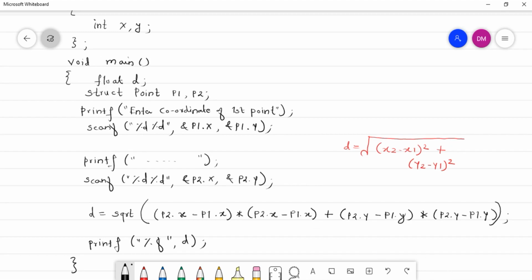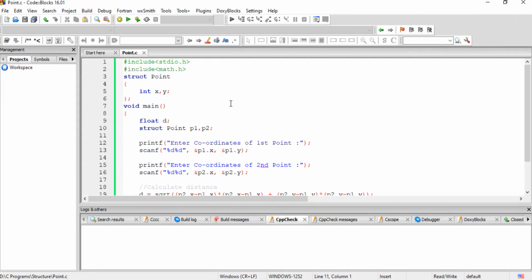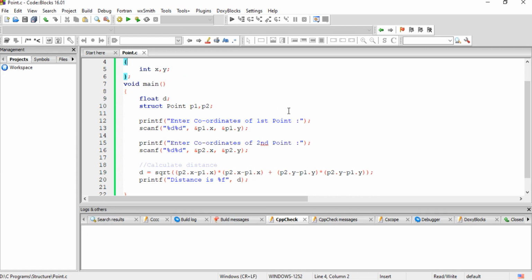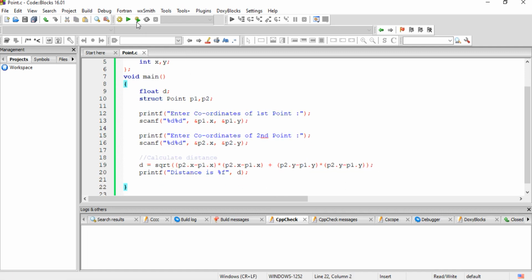So let us switch to Code::Blocks. So I have already typed a program here. I included this basic stdio.h header file, and similarly I included the math.h header file also because we are using the sqrt function. Okay, as you can see, I declared this structure, that is point, having x and y elements. We declared the necessary variables, accepted the coordinates of the first point, then accepted the coordinates of the second point. Then next one is the distance formula and we printed it, right? So let us build it and check the output.